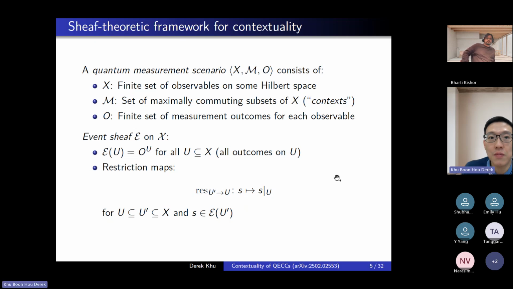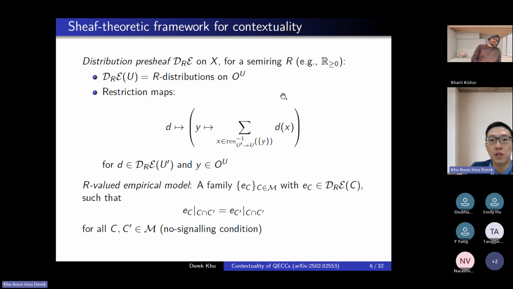Okay, so now we can talk about the distribution pre-sheaf on X. If we have a semi-ring R, then this distribution pre-sheaf would be, for any subset U of X, we can consider all the R distributions on O to the U. So remember, O to the U is basically all possible outcomes that could be obtained by observing the observables in U. And so this distribution pre-sheaf is just giving a set of kind of probability distributions, if you will, over all